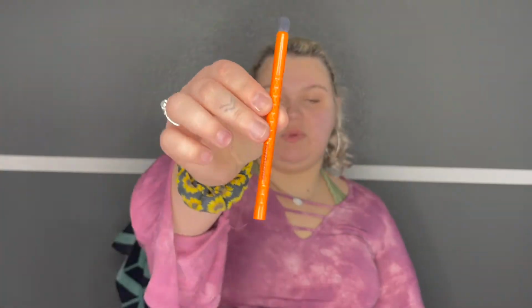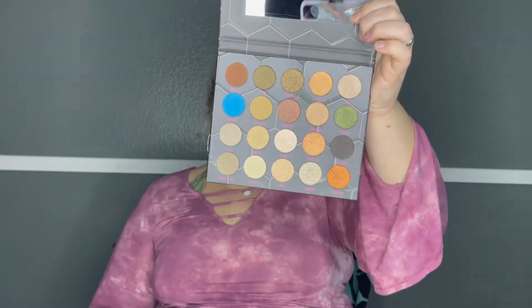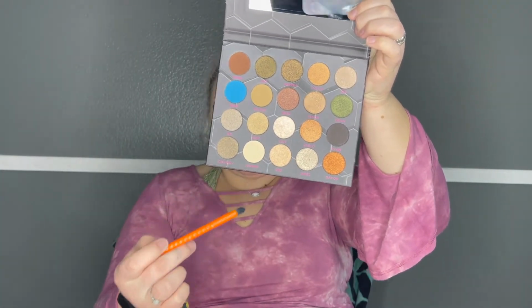Kind of need a blending brush, please. I don't know. My brushes are so dirty. All right. I'm gonna go in with the Beauty Diva London brush. This is kind of gonna pack the shadow on, and I'm using the eyeshadow palette Barbarella, and I'm gonna go in with this shade right here, Mr. Johnny,